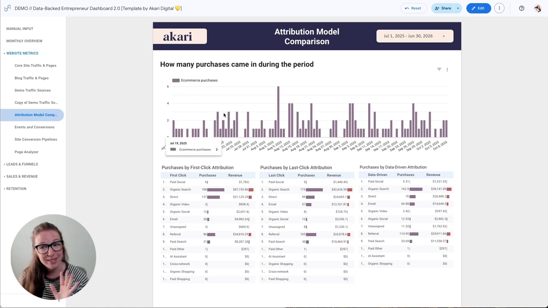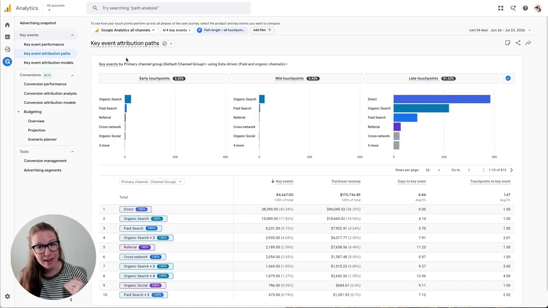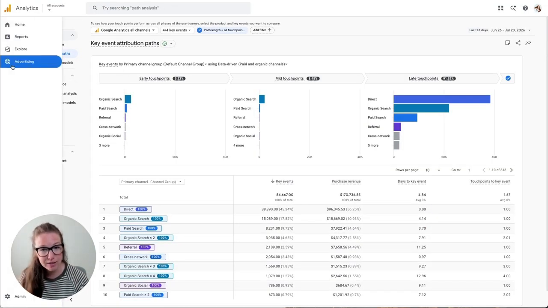Now, if you don't have fancy dashboards like mine, you can get this data in Google Analytics. So you'll want to go into your advertising reporting. I believe in order to use advertising, you need to have a Google Ads account. You can create one and not spend any money on it and still connect it, but you just need to have it created.